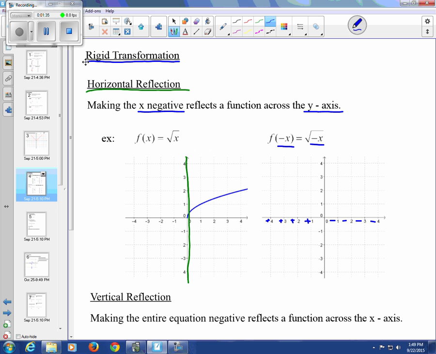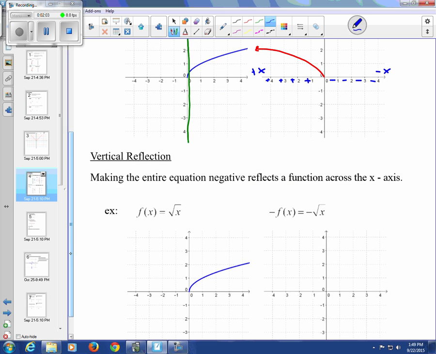So now the square root sees the positive x-axis as the negative x-axis and the negative x-axis as the positive x-axis. And that gives us the graph flipped across the y-axis. Right? So basically we're seeing a flip of the x-axis over the y-axis, and it's giving us that horizontal flip right there. If we're looking at vertical reflections, we say